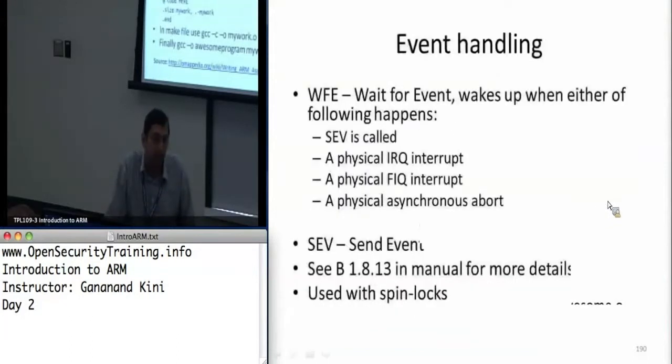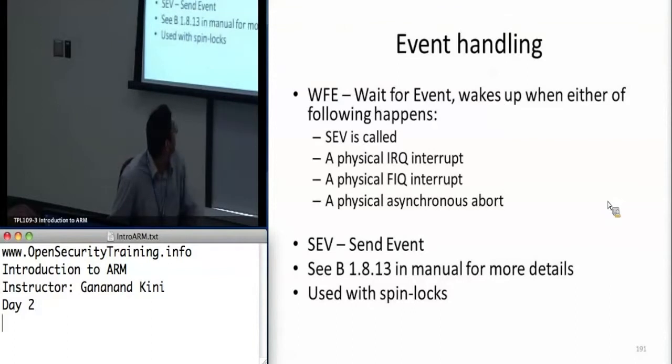Right. So next, since we have dealt with assembly, we also can't leave event handling alone. There are actually two instructions that will be useful for the next lab. These instructions are used for synchronization. One of them is called wait for event. All it does is put the ARM processor into a low power mode, and it just waits around